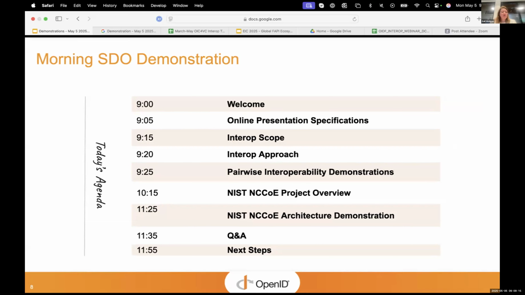We'll also then transition over to a NIST NCCoE project overview, and a member of that team, Bill Fisher, has recorded his talk, so we have a 10-minute talk from him that we'll play. And then we'll go into some live demonstrations, a bit of background from Juliana Kafik and Oliver Terbu going through the work they've done to support the NIST NCCoE project. And we'll have a bit of live demonstration there, as well as the option to play some videos showing what it looks like from the wallet and the verifier side.